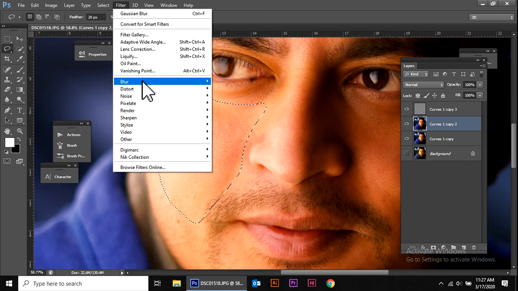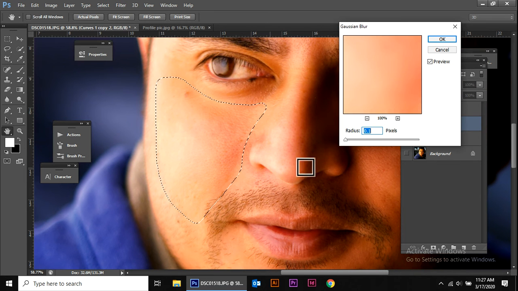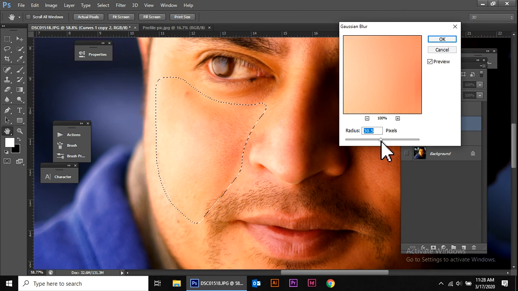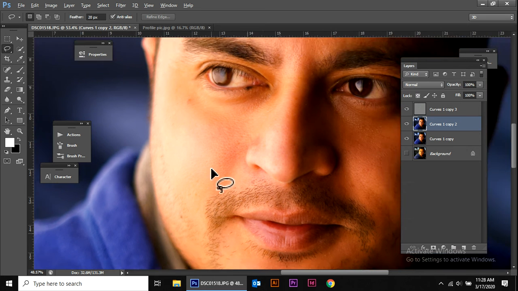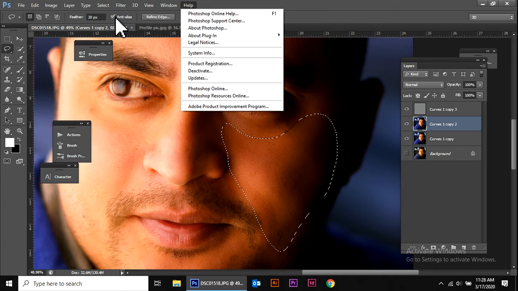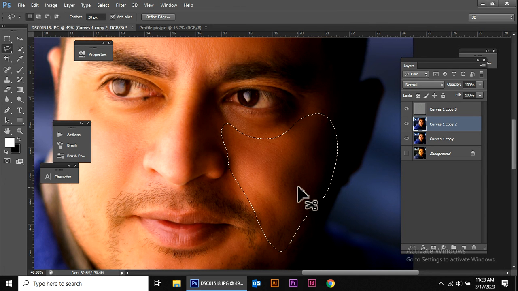Filter, blur, again Gaussian blur. Make sure this is the right amount. Maybe somewhere you would want to go more, and that is too much. Somewhere you want to keep it subtle like that. Control D to deselect, and then I'm selecting again and pressing Control F. Already the Gaussian blur is set to Control F, so I just press Control F. It smoothens there, and